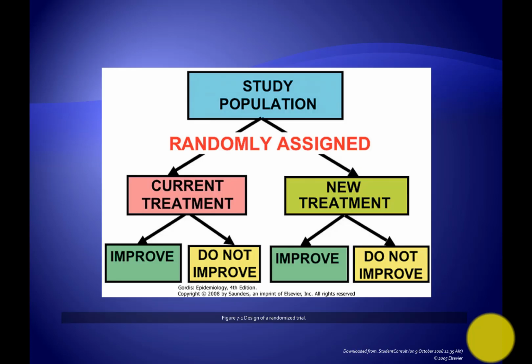RCT available. We always begin with a clearly defined population that is randomly assigned to receive either new treatment or the current treatment. We follow the subjects in each group and we try to see how many have improved with a new treatment and how many improved with the existing treatment. If the number of people in the new treatment that have improved is significantly higher than the existing therapy group, that means that the new treatment is working better. Sometimes, researchers may choose to compare multiple groups or compare groups with a treatment and one without a treatment at